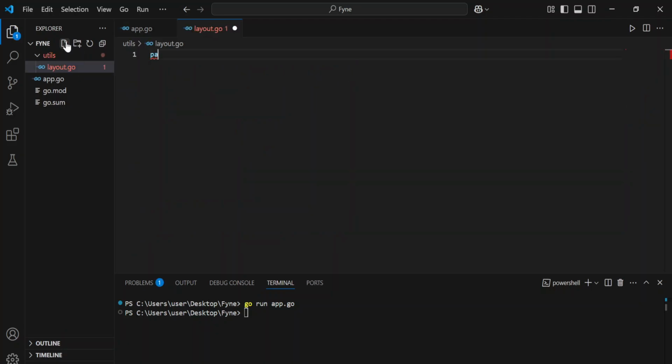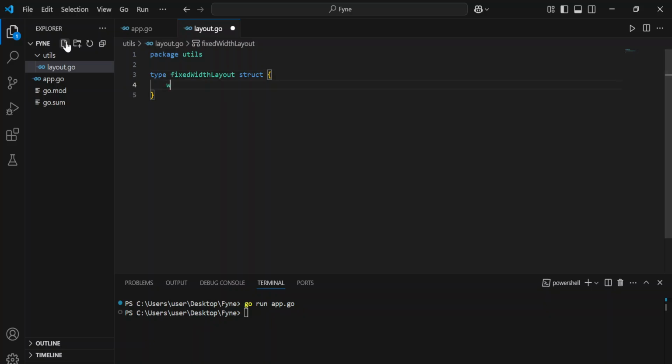So we can define a new layout here, package details, and then I'm going to define a type here, which is going to be a fixed width layout